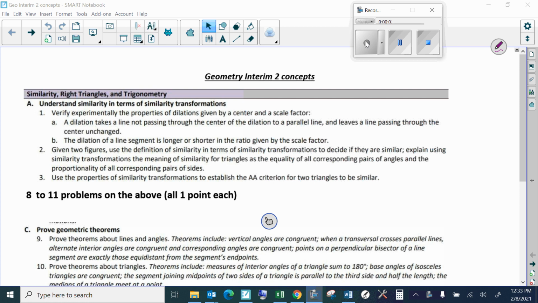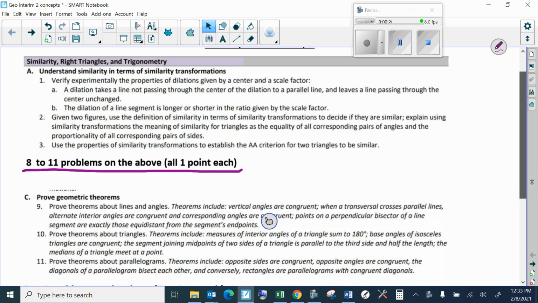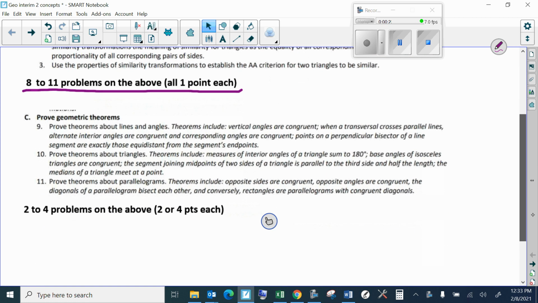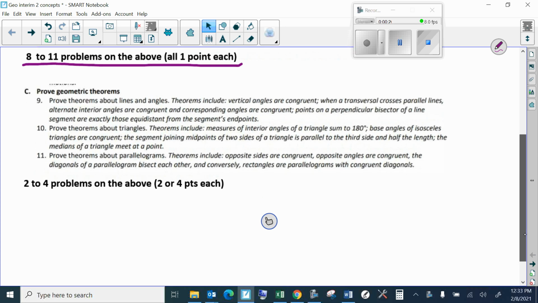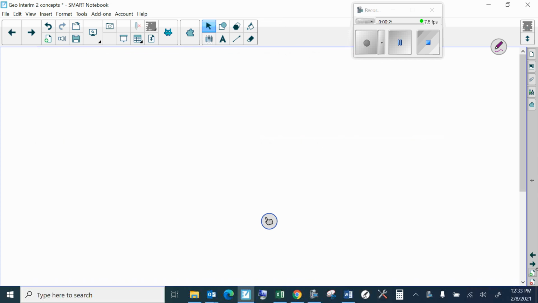Okay, students, we're going to talk about the concept-centered geometry interim 2 test. We're given these in the math collaboration meeting we had. In the above three here, there's 8 to 11 problems, all 1 point each. So most of the problems come from this. If I go down here, you see 2 to 4 problems on the above, but they count 2 to 4 points each. And then on the next page, we have,